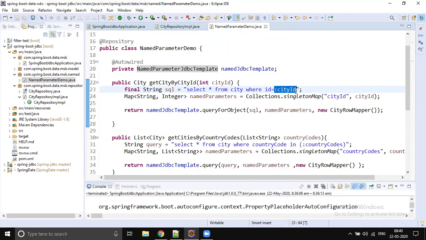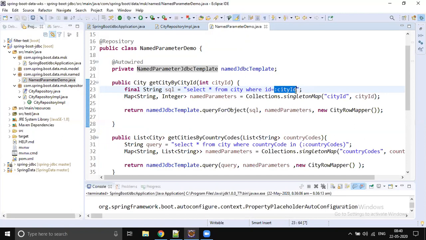JdbcTemplate and NamedParameterJdbcTemplate, because the same concept is going to be there in Data JPA also. There you will see named parameters and named queries, some naming conventions and concepts. Whatever we are learning in JDBC is almost the same in Data JPA.